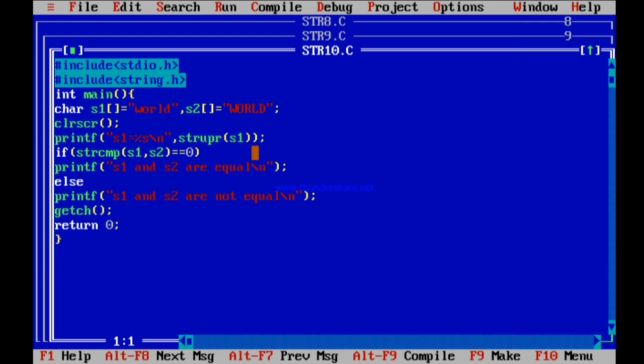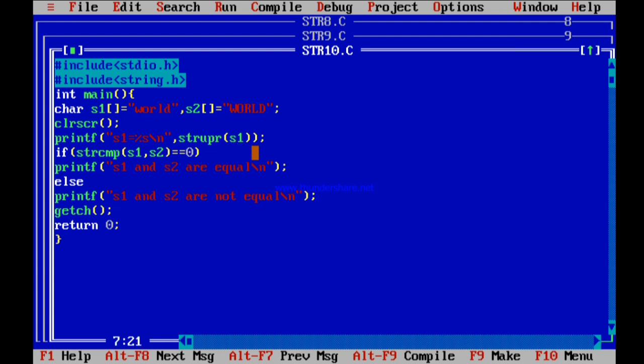So in this particular program I am using two string handling functions. One is converting your string to uppercase and then comparing the two strings. Okay, so s1 is actually having lowercase letters. First I will convert it into uppercase letters with this statement. Here in the printf statement there is a function called strupr, that is string upper, applied to s1. That means all the letters in s1 are converted into capital letters.